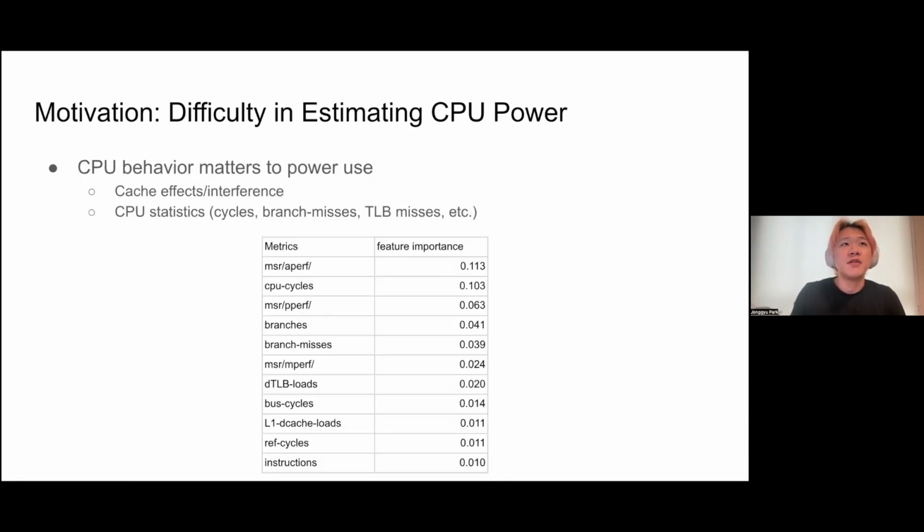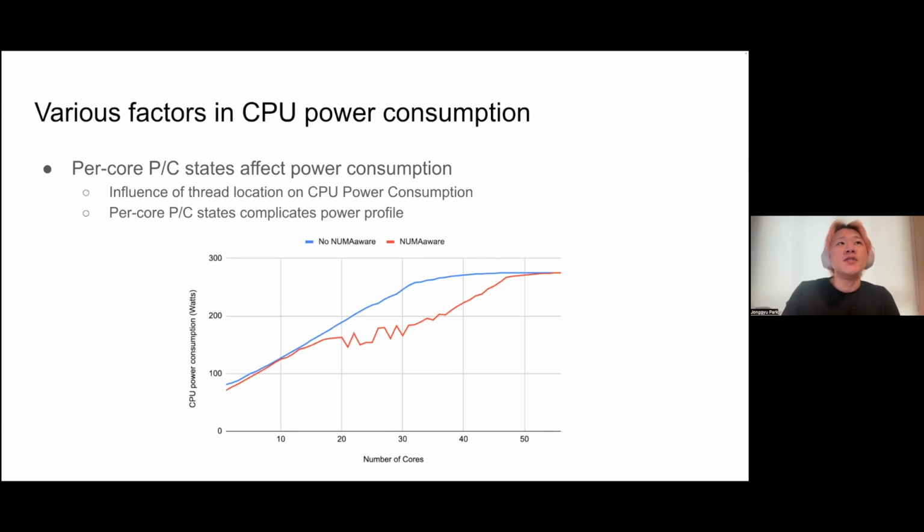Also, there are multiple factors we need to consider, since CPU power consumption is not solely determined by a single factor, but by multiple CPU statistics, including cycles and branch misses, etc. So we've also selected the important CPU statistics related to CPU power consumption by performing machine learning sensitivity tests. Here is the list that we decided to use in our tool, obtained by analyzing such metrics across multiple different architectures, including Intel and AMD ones. In addition to them,